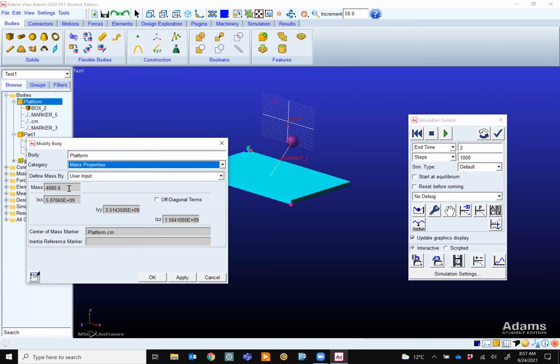See, by default, because it was steel, it calculated for us the mass, Ix, Iy, and Iz, the moment of inertia for a box, right? You know how to calculate it by hand, but you don't need to because the software will do it for us. If the shape is not symmetric, it also calculates Izx, Izy.